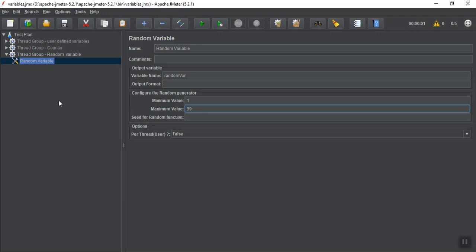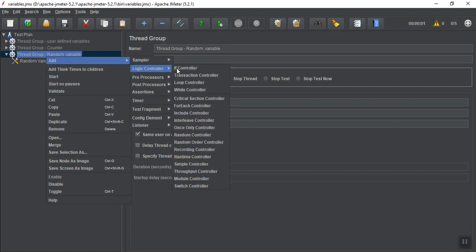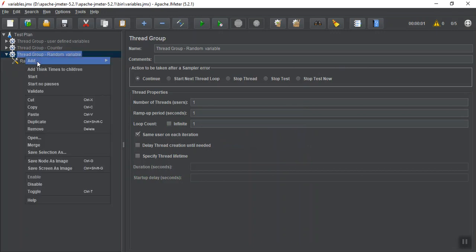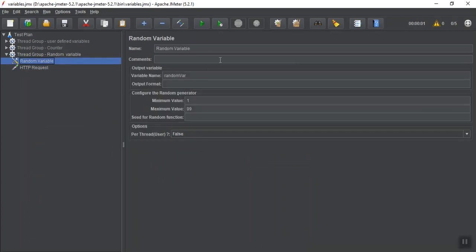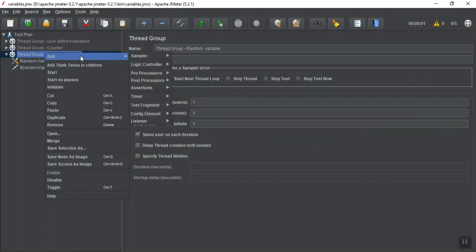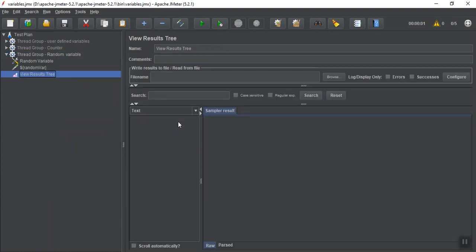Let's start it. Let's add a sampler. Okay, now do one thing. Add this variable here. Fine. Go here. How we put it? Dollar bracket variable name close. Okay. Now do one thing. Provide your listener. Okay. And now let's run it.